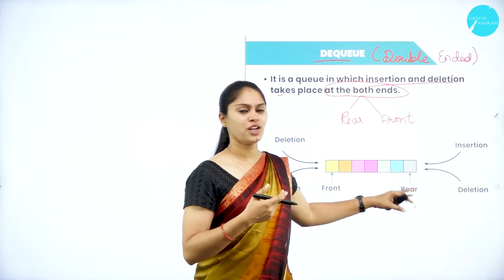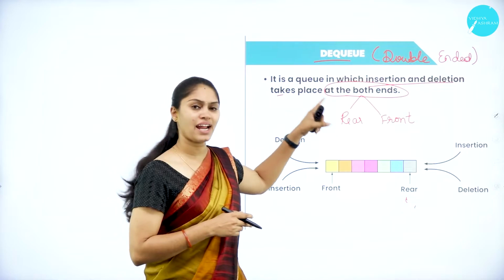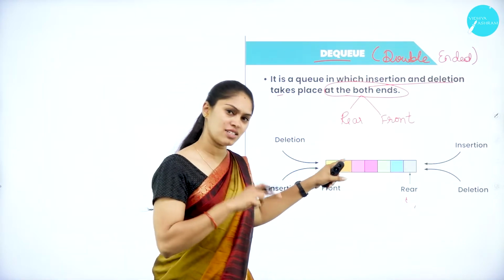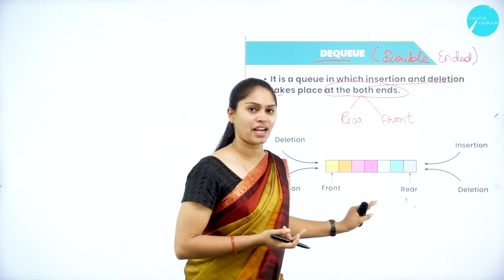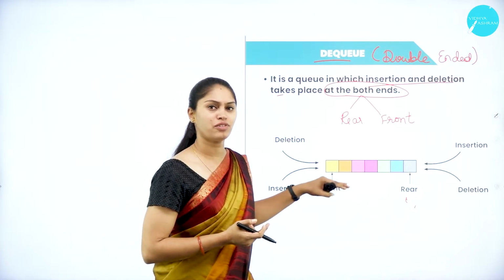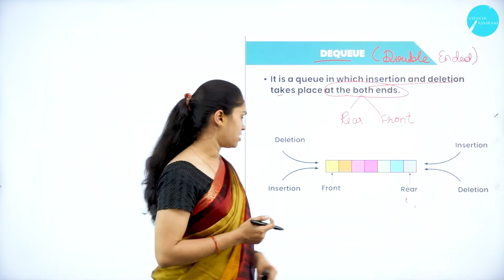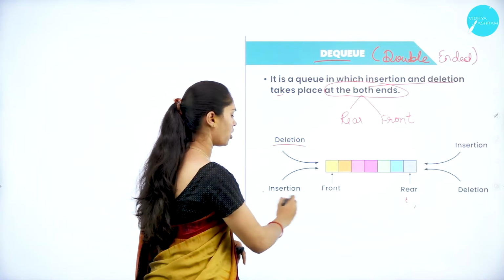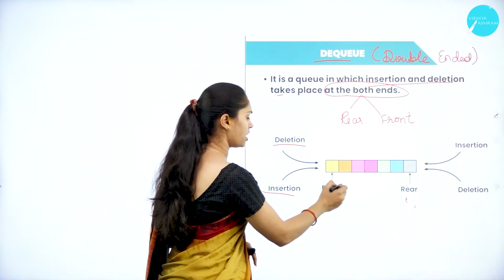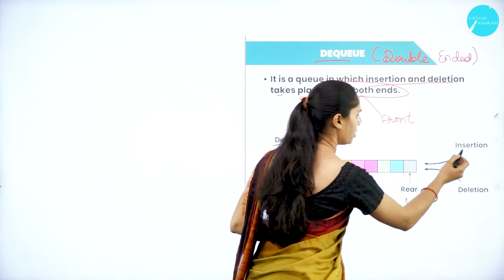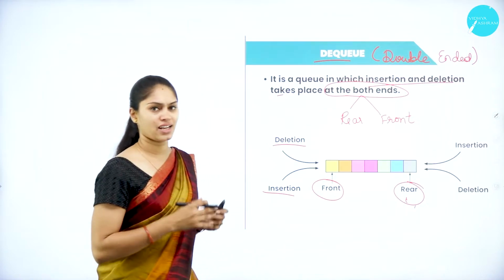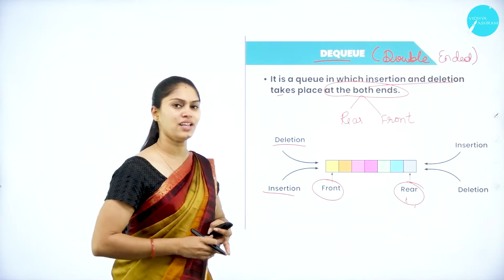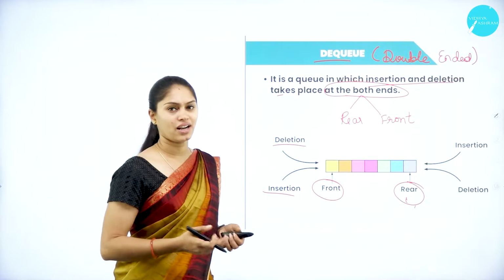But when we are using a doubly queue, or double-ended queue, insertion and deletion can both happen at either end. That can happen either in the front end or in the rear end. Here insertion or deletion can happen by using the front end, or here also insertion and deletion can happen by making use of the rear end. So this is regarding what? DQ, or a double-ended queue.